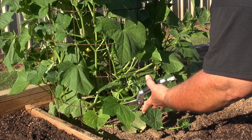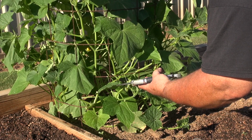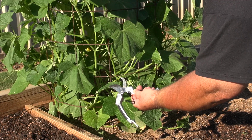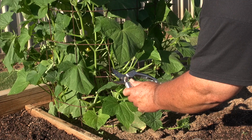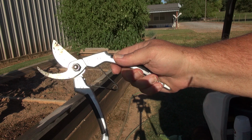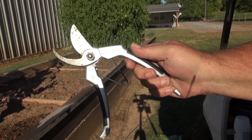I've owned several different pairs of pruners over my lifetime, and I can tell you that these are by far the best I've ever owned. I got them from Kate's Garden. You know, just about any set of pruners can cut through cucumber vines, tomato vines, and stuff like that. But where I saw these were outstanding